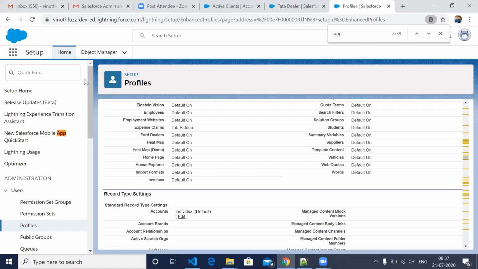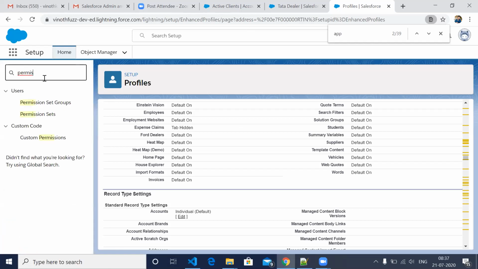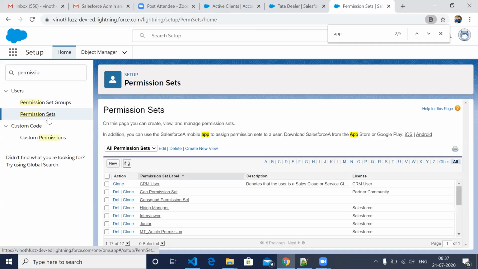Okay, so this is all about profile, and you can just create a new profile and check, or you have created some object and everything, right? So you can remove the access and check whether it's really hiding and everything. So you can just play around according to you. Just go to system administrator profile and remove the things.